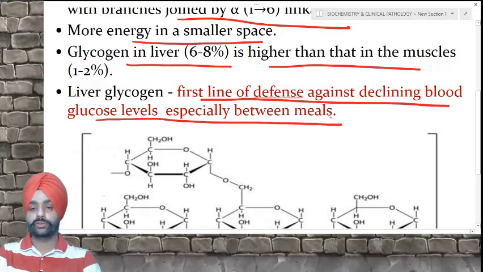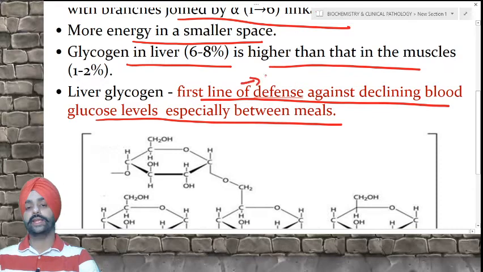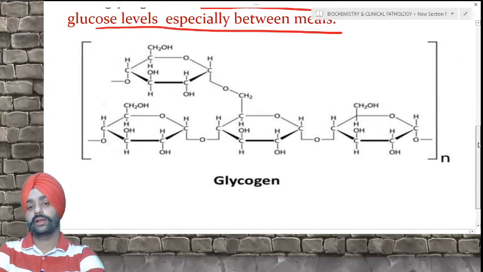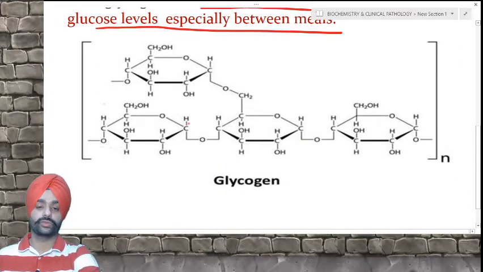So, whenever we are feeling an excess of appetite, this stored glycogen usually breaks down to form glucose units and supplies the emergency needs of glucose. Now, this is the structure of glycogen. You can see here